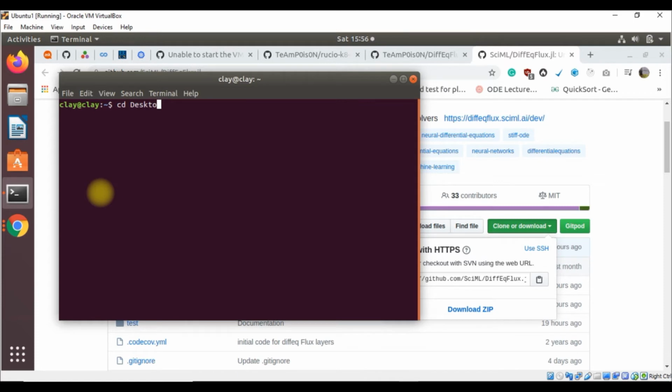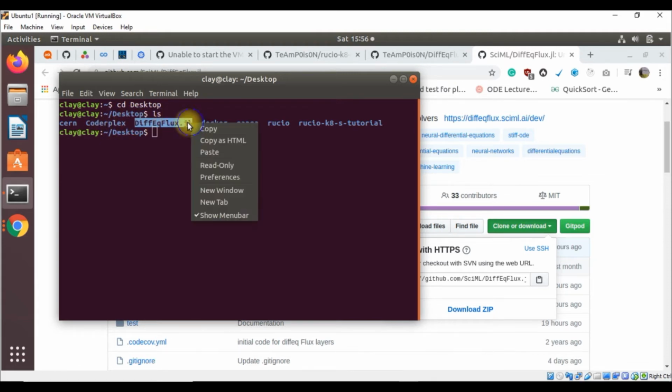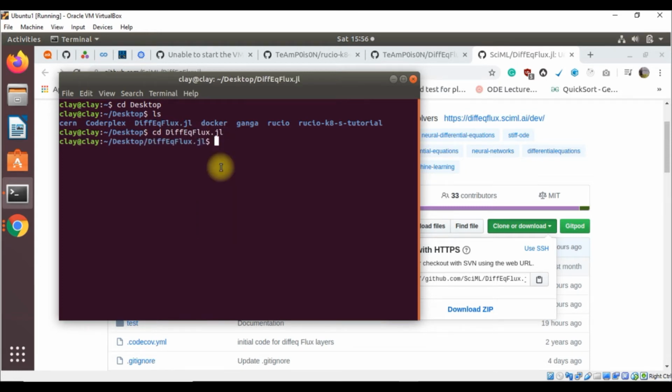So cd desktop and list all the files, and we are working on this repository, so we will give it like this. Now we are on this repository.